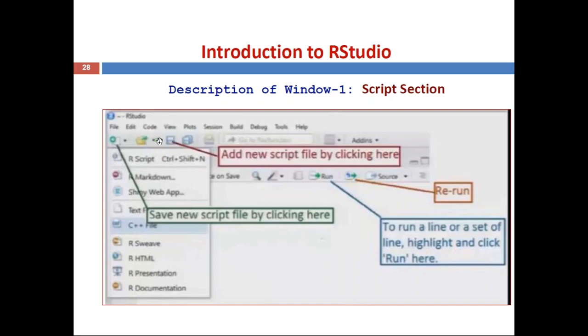So here the save option is there, then the adding new file option. Then we have the run button and rerun button. If you want to rerun a second time, use this one; the first time, use this one. To run a line or a set of lines, highlight and click run here. This is the full description of window 1, the script section.